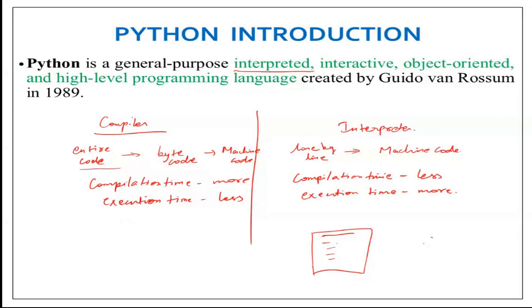Whereas since it is line by line execution, it is very interactive. Interactive in the sense you can write one line and then check whether it is correctly written or not. In the interpreter, at the point where it encounters the error, it will stop at that particular position itself. If 10 lines of code are there and the third line has an error, it will stop there itself, so we can easily find the error.